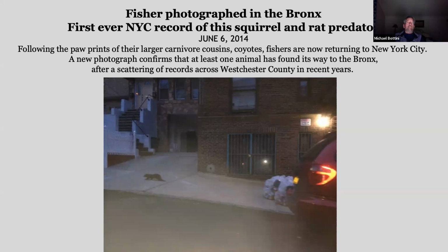And I just threw this in at the end because who knows? I mean, the fisher, another valuable fur bearer that was wiped out in large areas of its range in North America. And when I was studying with one of my mentors in southern New Hampshire, 1983, fishers had just made a comeback, and they moved down from the north and were distributed throughout New Hampshire, including right up to the Massachusetts border. And he had never seen one before. He was in his mid-70s when I was working with him, an incredible naturalist and wildlife biologist, and it was the first fisher he'd ever seen. So this has now been photographed in the Bronx, and with all of the rats in